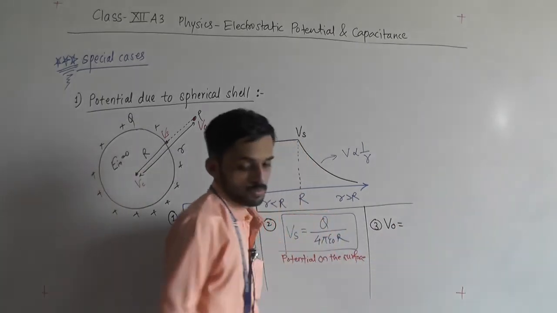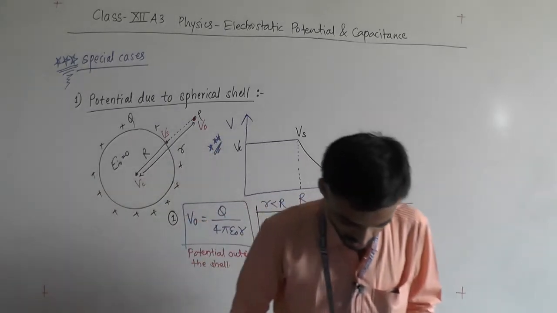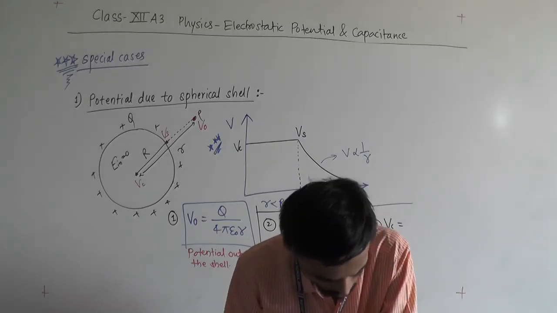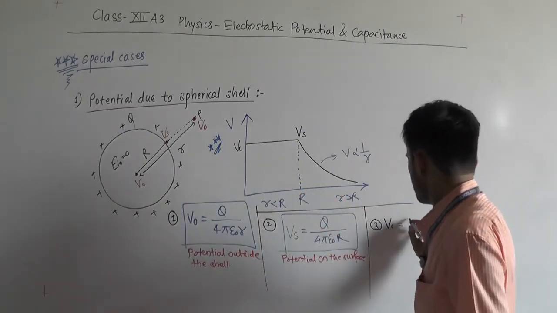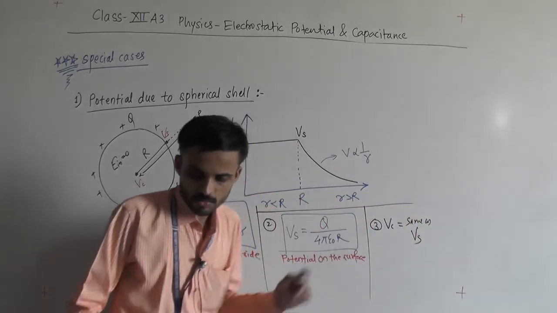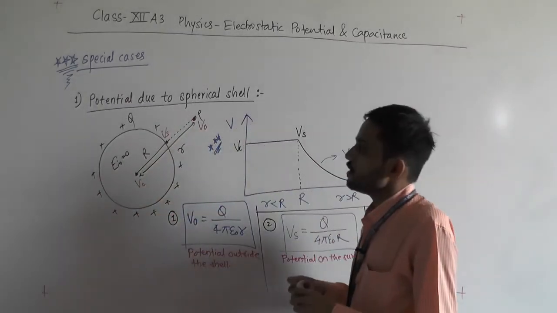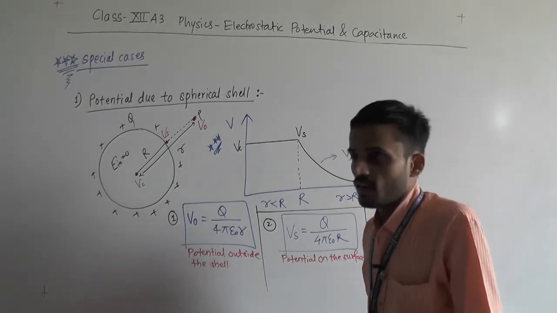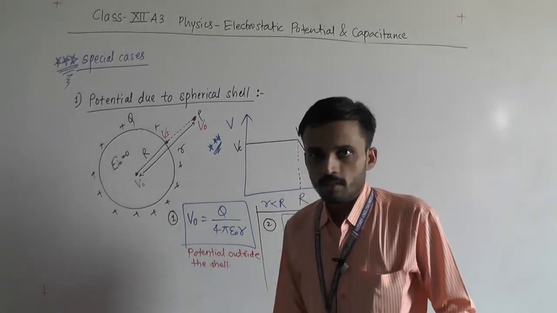VO नहीं, VC, potential at center, okay, inside the shell also it will be same, है ना, anywhere inside the shell it will be same like this, same as Vs. So this is case 1, special case. So I'll suggest you to note this down. Shell का मतलब hollow sphere जिसके अंदर कोई भी इलेक्ट्रिक फील्ड नहीं है, outside there is an electric field. So I will suggest you to note this down.